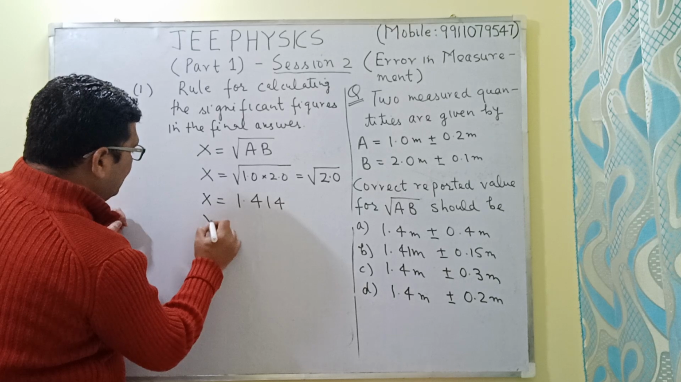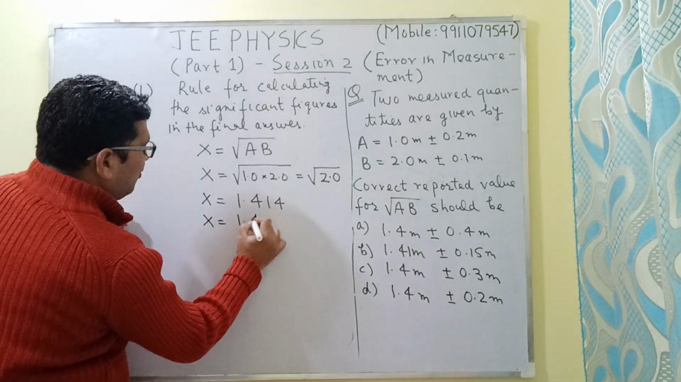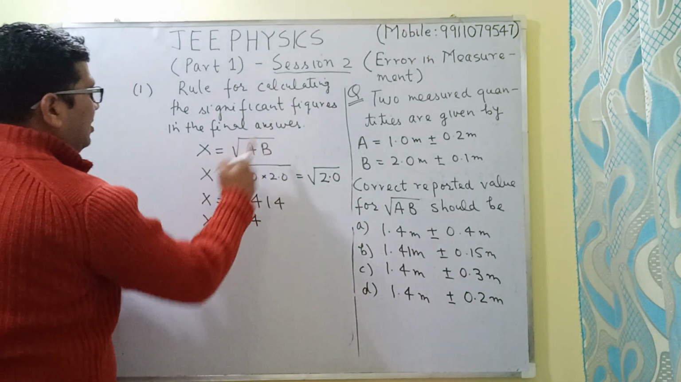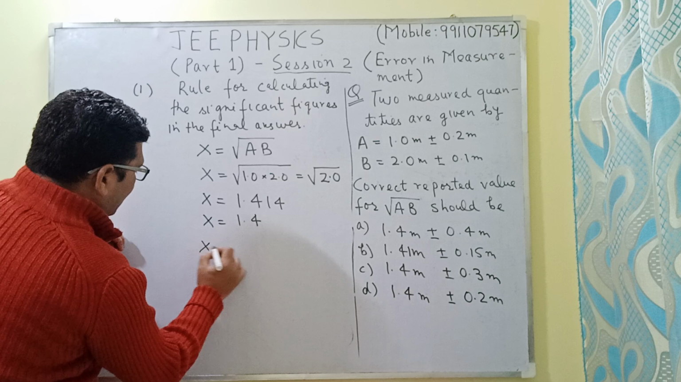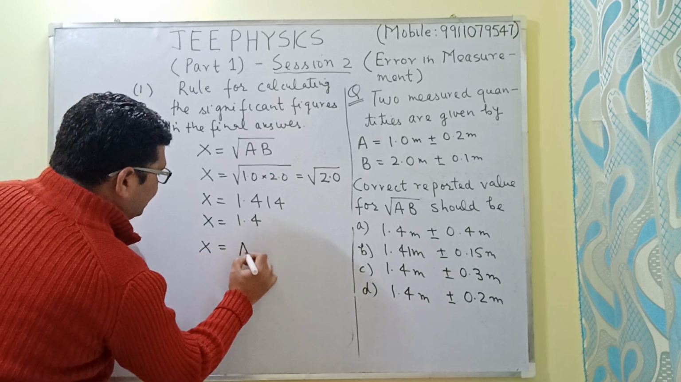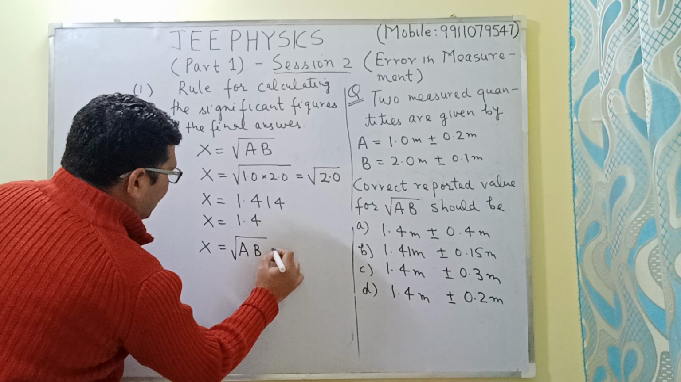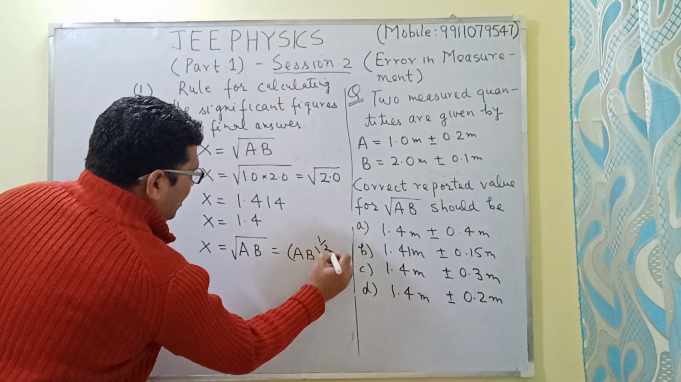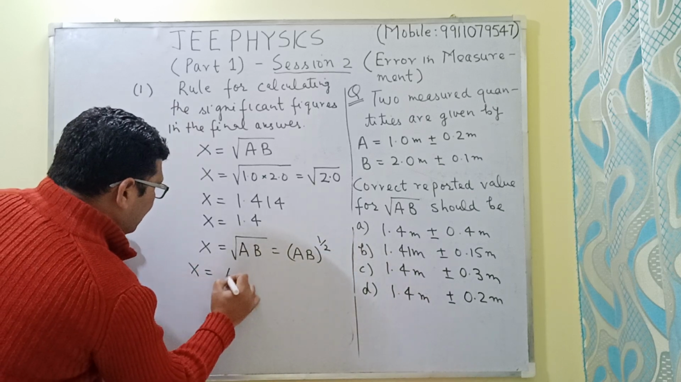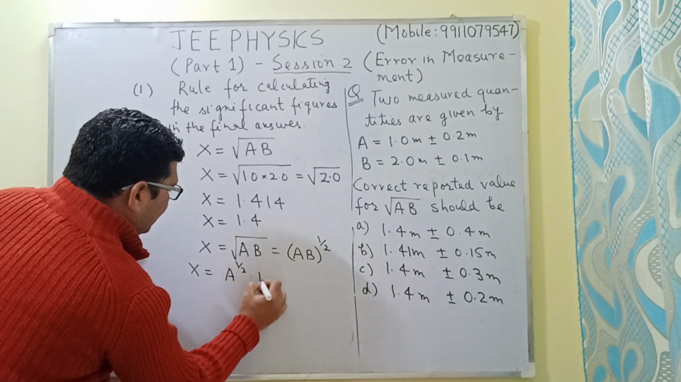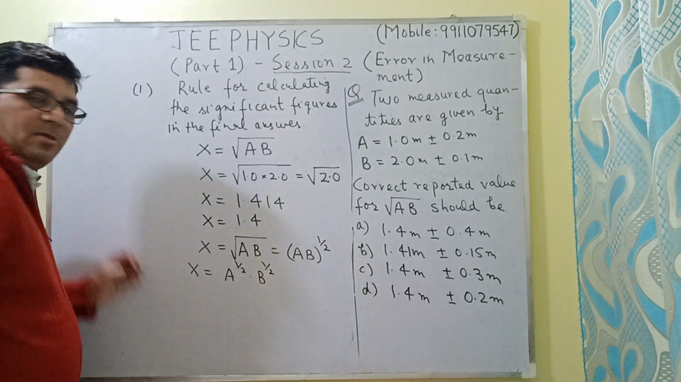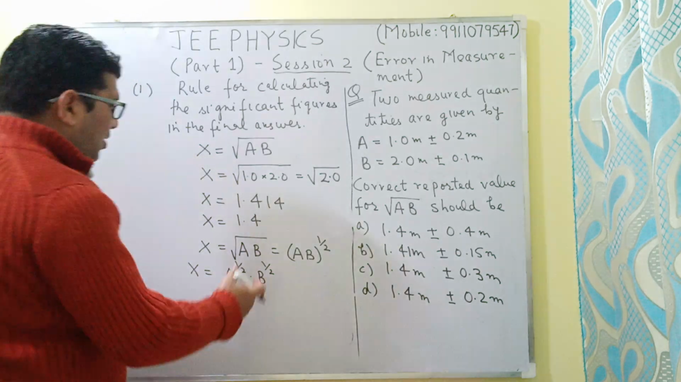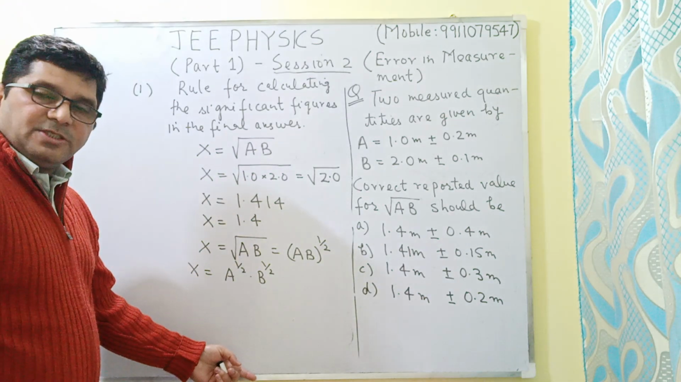So x will be equal to 1.4. Now x is equal to under root AB, so this can be written as A B to the power 1 by 2, and so x is equal to A to the power 1 by 2 into B to the power 1 by 2. As per the formula under the heading of combination of errors, and we have just discussed all those formulas